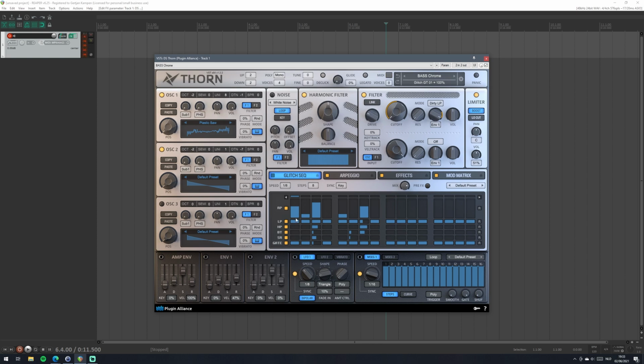Pretty cool. And now we will turn on the glitch sequencer and just check out how much difference this little thing makes. Completely transforms the sequence, which is a really cool concept. And you can move things along as well. So if you want to mess around with the sequence, you can just